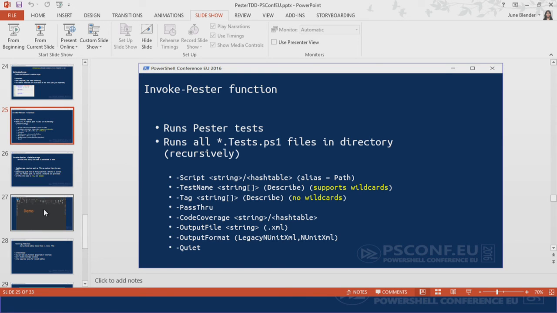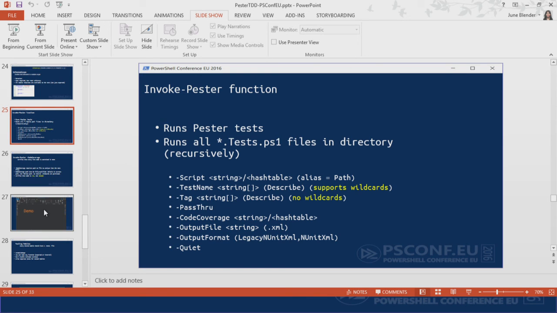If you want to send that to a file, you use the -OutputFile and -OutputFormat parameters, and it serializes it. It creates an XML file for you, using XML schemas that are used by familiar kinds of reporting software. So it's all ready for reporting. And if you want to shut down the Write-Host output, saying don't spill all that out on my screen, because I'm just using -PassThru or sending it to an output file,